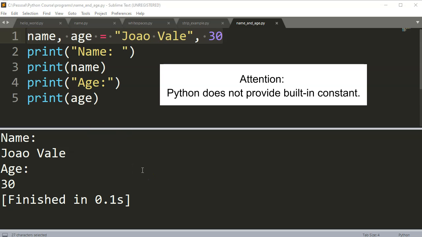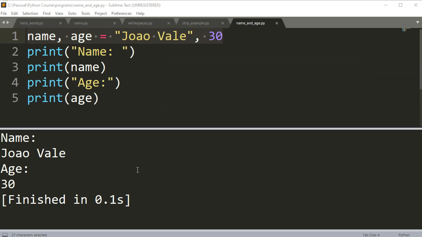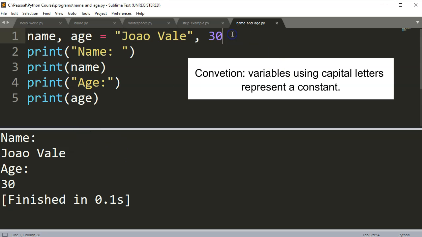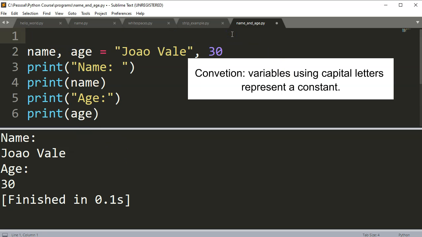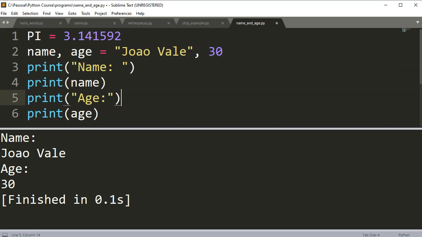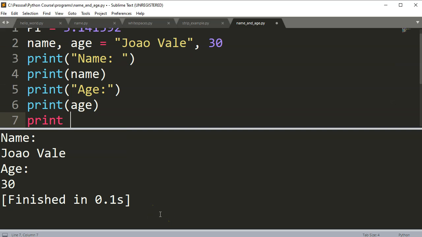In Python, we don't have constants like other languages. A constant is like a variable whose value stays the same throughout the life of your program. Python doesn't have built-in constant types, but Python programmers use all capital letters to indicate a variable should be treated as a constant and never be changed. For example, let's try the number pi. You write it in capital letters and give the value. If you want to print pi,